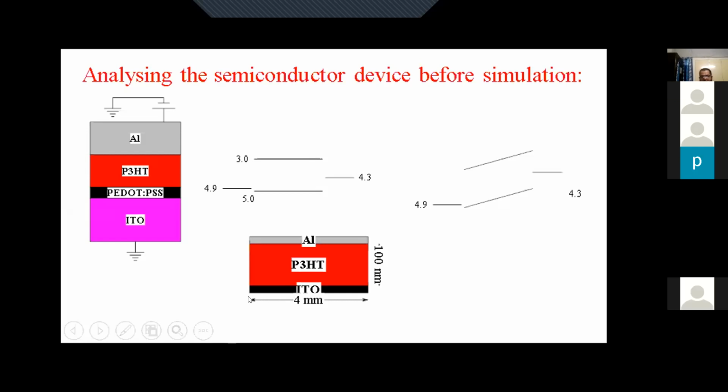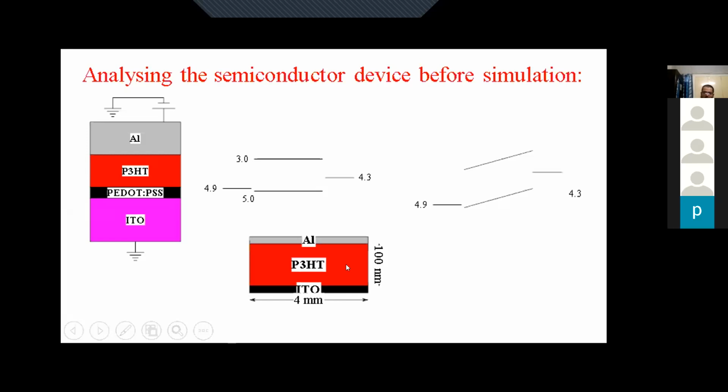So usually the fabricated device has an X dimension of 4 mm, and the thickness is around 100 nanometer. For electrodes, we do not need to define the thickness, because electrodes basically work as providing the boundary condition for solving the structure for current or voltage. Now, a solution means that the whole structure is divided into small meshes and grids. So a lot of nodes are created, and by integrating at all those nodes, one is able to calculate the voltage and the current corresponding to that voltage.